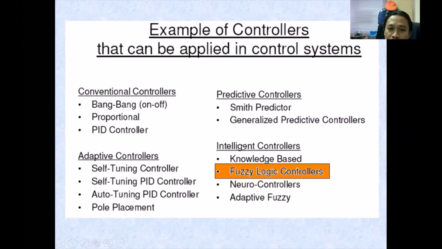They go for more than one technique, not focusing only on the intelligent controller. For example, they hybridize adaptive with intelligent, or adaptive plus predictive plus intelligent. Nowadays they focus on more than one technique. For example, fuzzy logic is also combined with neuro. That's why on electric appliances you can see they use fuzzy and also neuro.